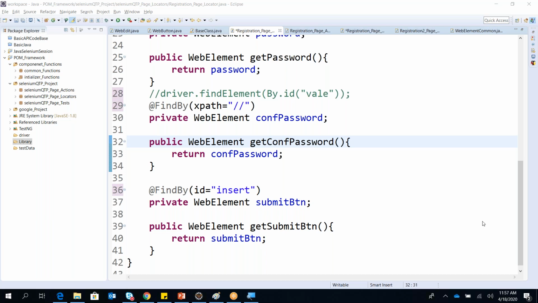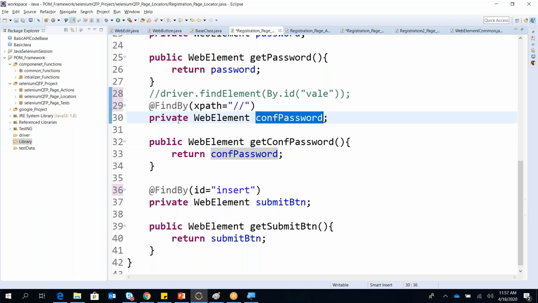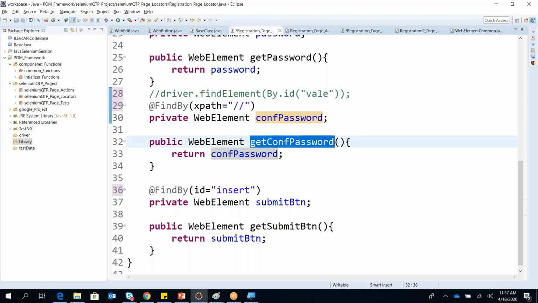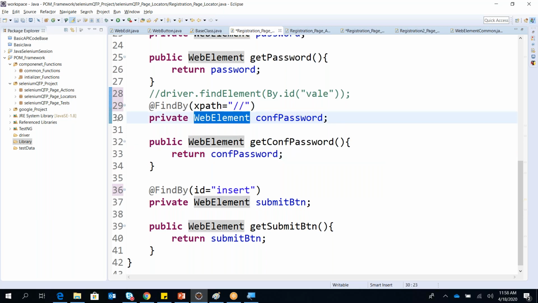Why are elements not directly declared? Again, it is all up to you. You can declare this as public, still it is okay, but anyone can access it from outside. That's what I'm saying, this is encapsulation. We can declare this as private, so that it is not modified from outside by any other class, and only public access is given. That's why it's private.